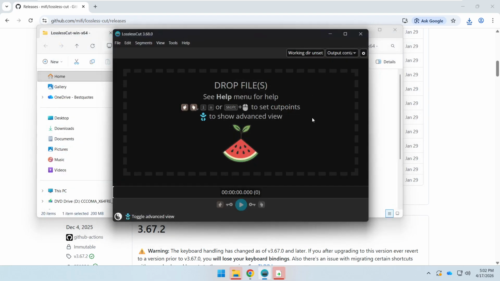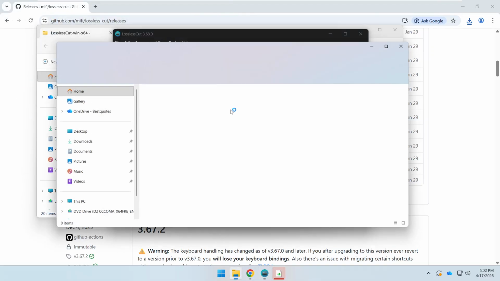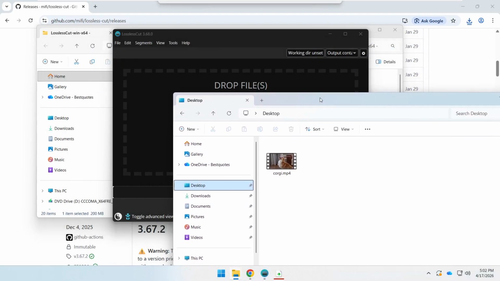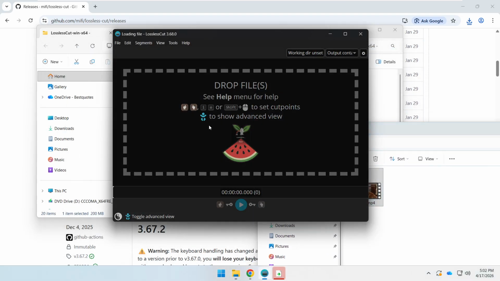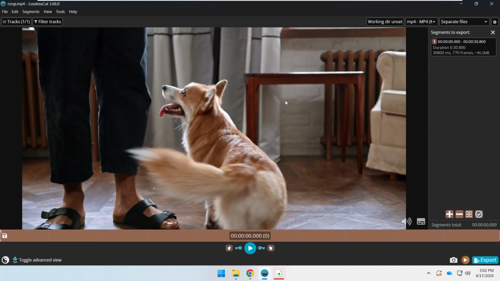Now open your desktop in File Explorer. Find the video file you want to trim. Then drag that file into the LosslessCut window. As soon as you drop it in, the video loads right away. You'll now see the video preview, the timeline bar at the bottom with a playhead, and the segment controls below